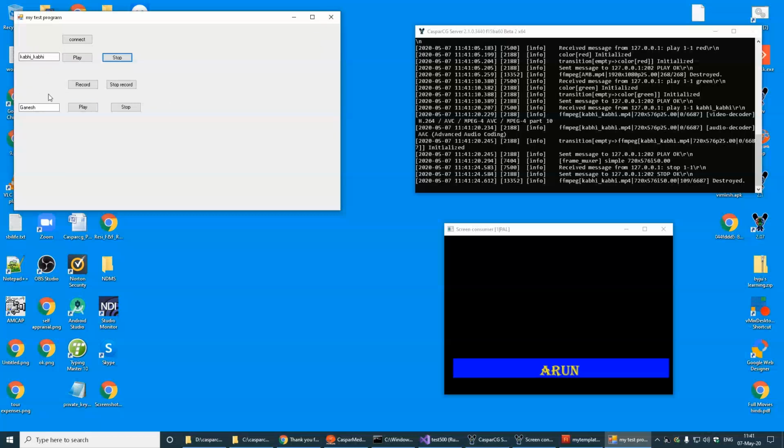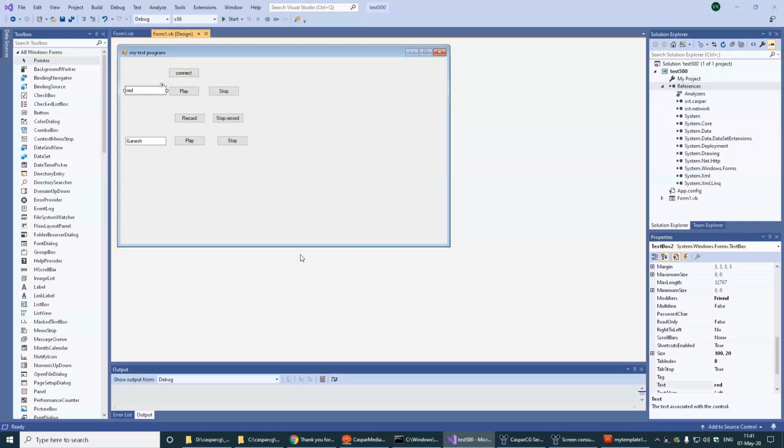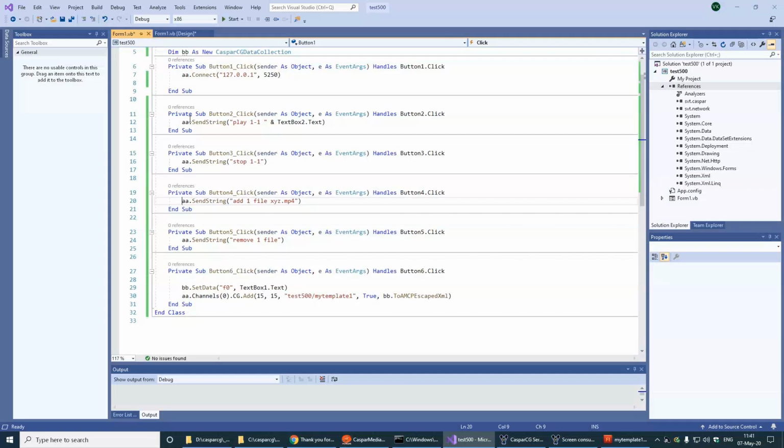In the same way you can have a text box, because for recording we are recording xyz.mp4. In the same way I can have a text box there, so that the xyz.mp4 variable value will be taken from that text.